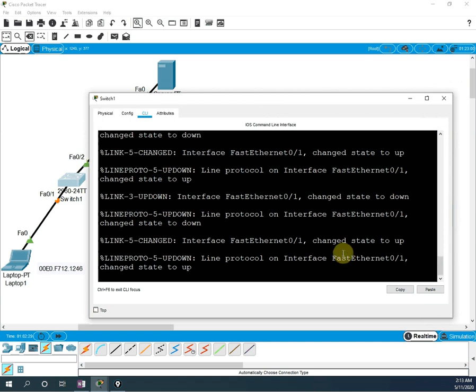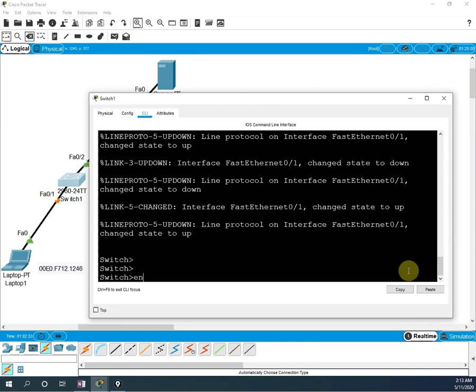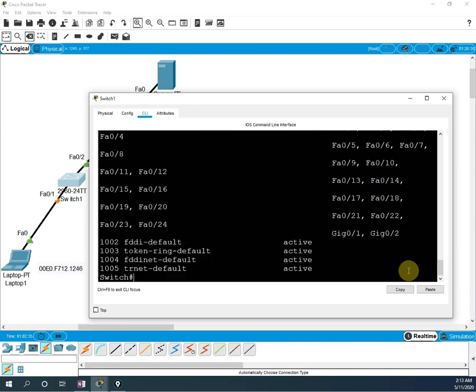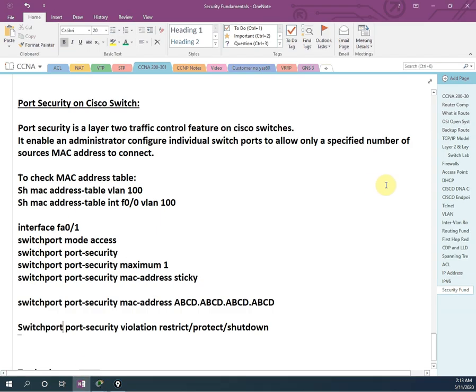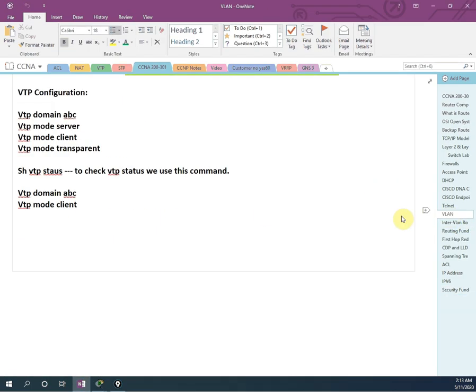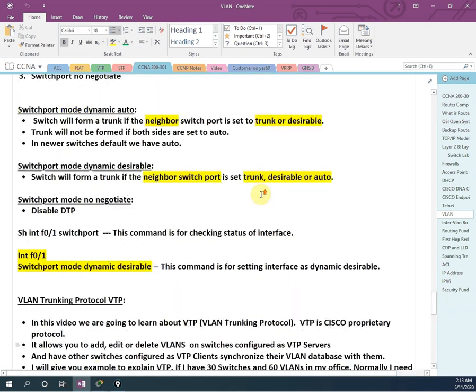Okay, so now if I want to check what configuration we have, I will write show vlan brief. No VLAN is created, nothing. I don't want to create one. If you want, we can do VLAN also. We will put the same VLAN for the server as well as our laptop, and they can access. It is easy: VLAN 10, VLAN 20, and give the names as we already discussed. Let me show you how we can create. If you like, we can do it also, but that is not necessary.